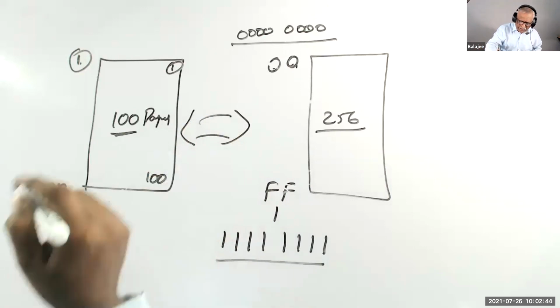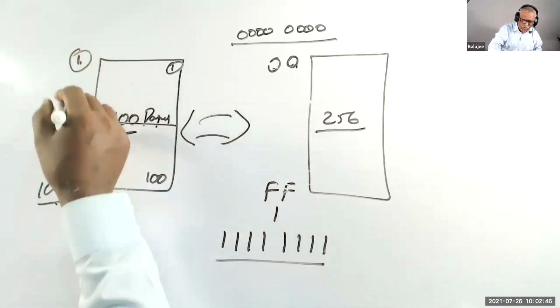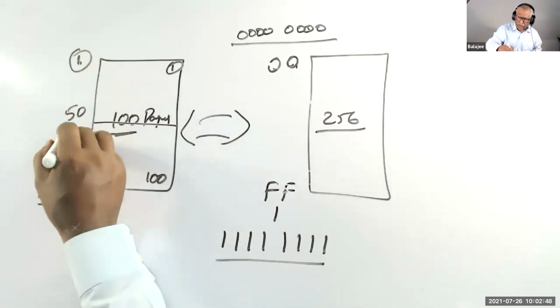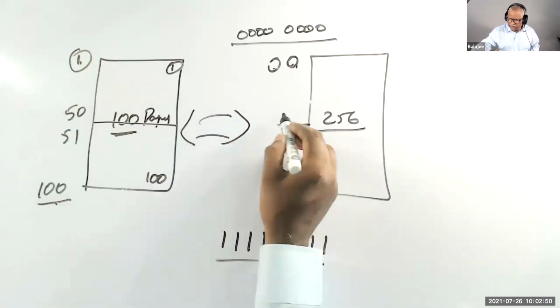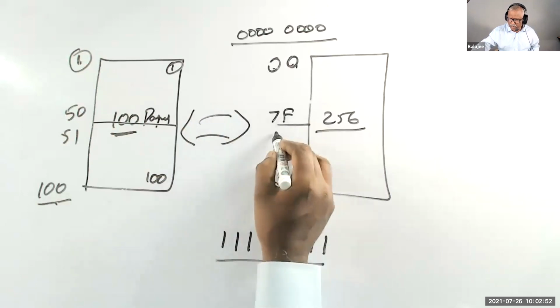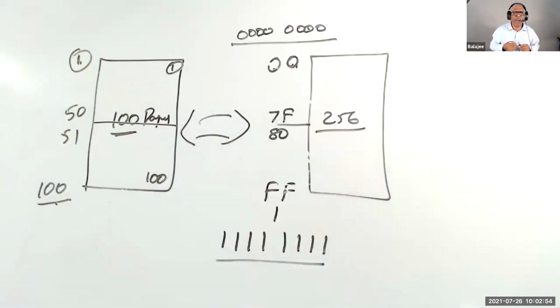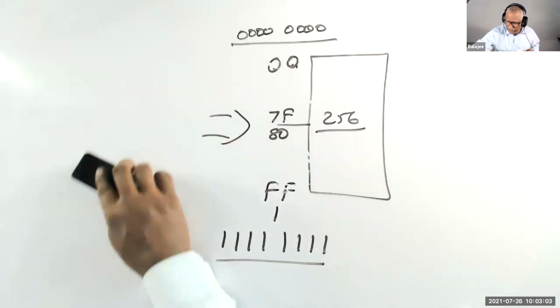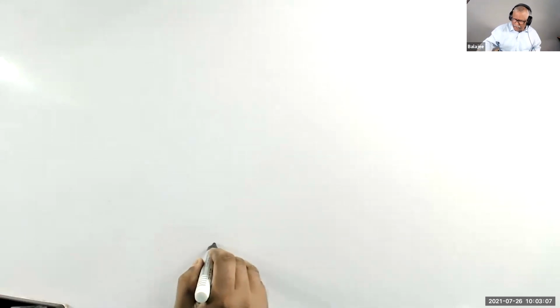The half page here is 1 to 50, 51 to 100. Here, the half page is 7F and 80. Okay. That is, how do I start here? How did I do this? Let me erase the decimal, which we know very clearly. Okay. I have a memory of